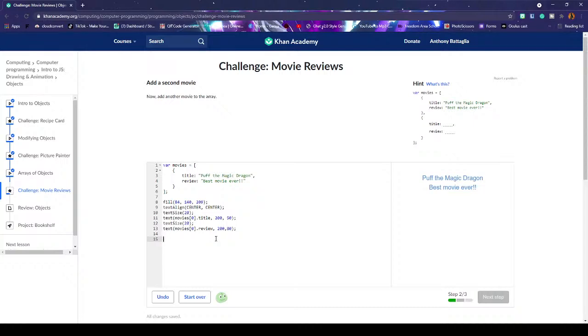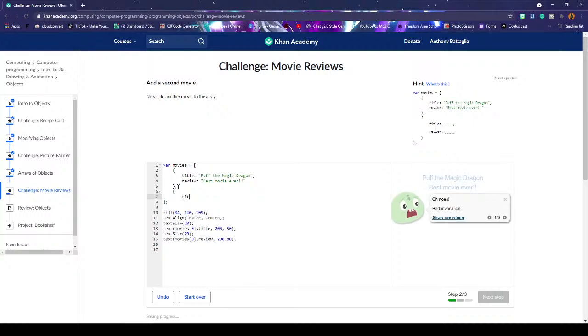So hint, what's this? So now, add a second movie. Hint, what's this? It just shows what they did, and then the title, that, review, that. Oh, so that means that I just need to change some of this top stuff. So I get what they're trying to do. They're trying to do this, comma, and then they did another bracket, and then title,